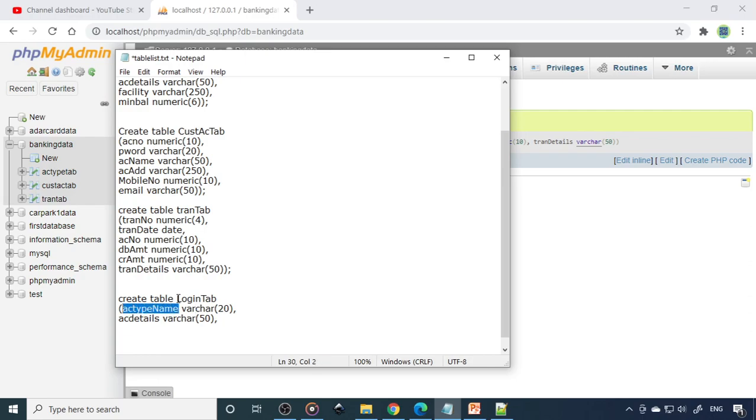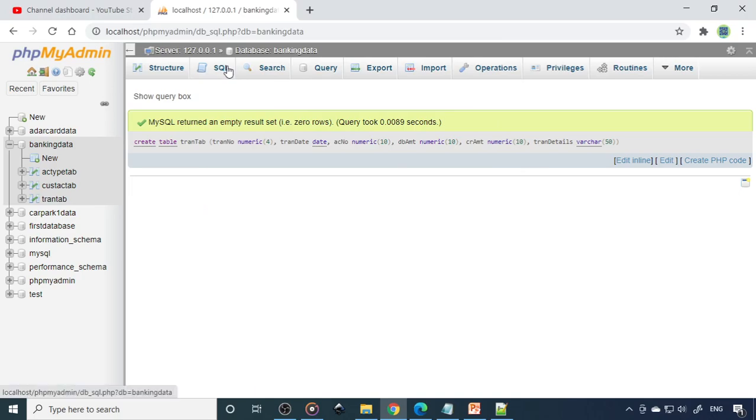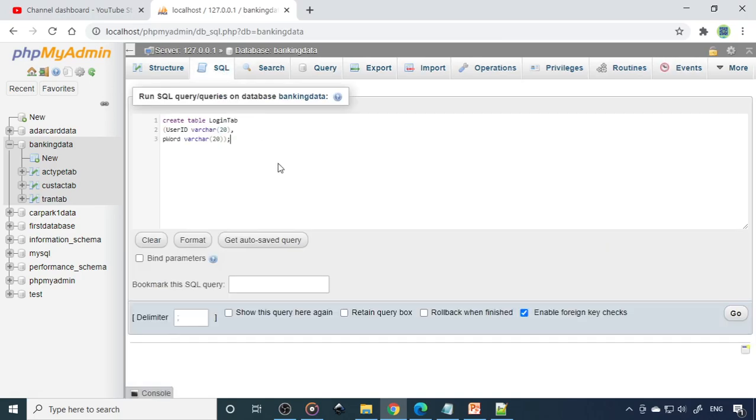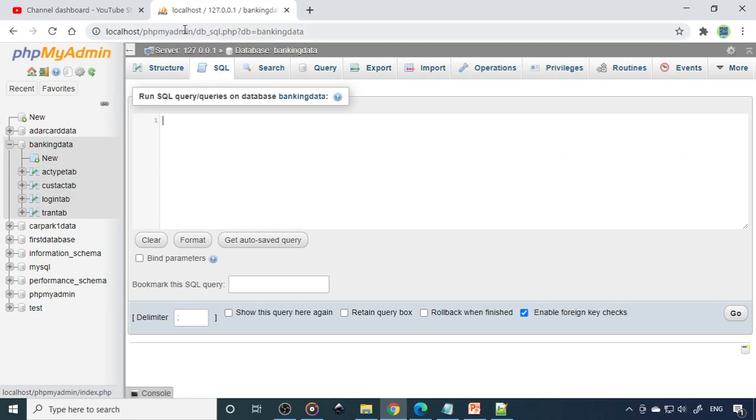There you can call it user ID and then password. So you can even make this 20. So close the bracket and then semicolon, login table. Now when you click go, the 4 tables are created. This is how we can create the tables in PHPMyAdmin.